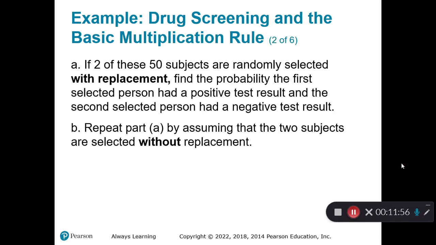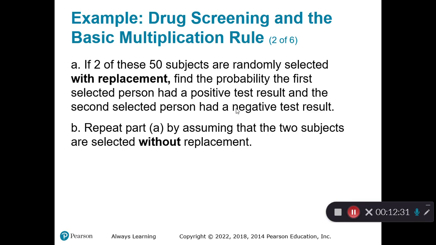If 2 of these 50 subjects are randomly selected with replacement, find the probability that the first selected person had a positive test result and that the second selected person had a negative test result. Very important that we pay attention to these words, with replacement. That means that after the first person is selected and we record whether the result was positive or negative, that person then gets returned to the group of 50, making it possible for that person to be chosen at random